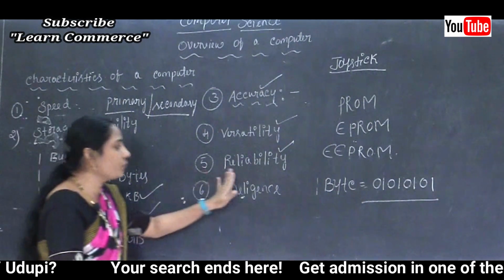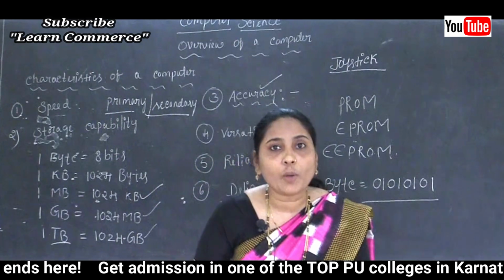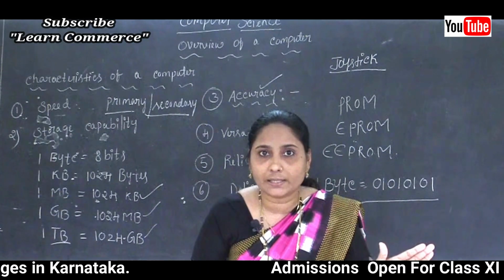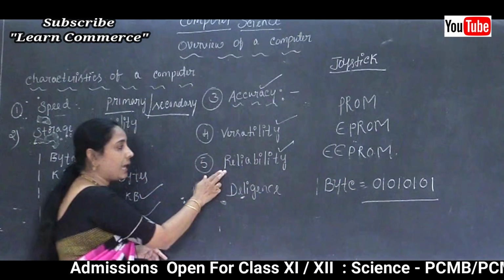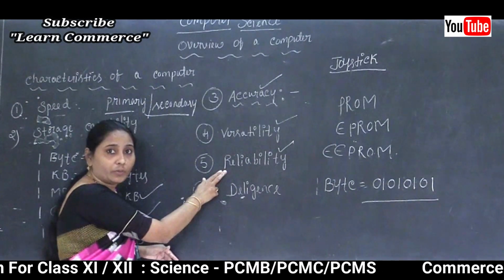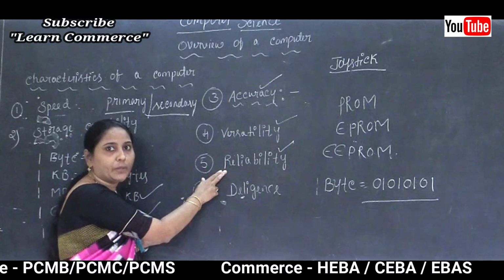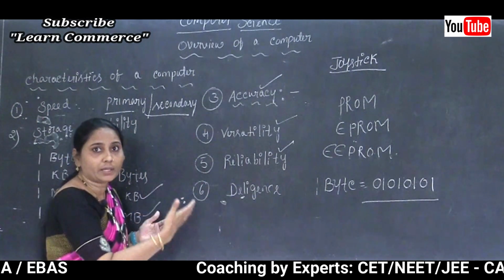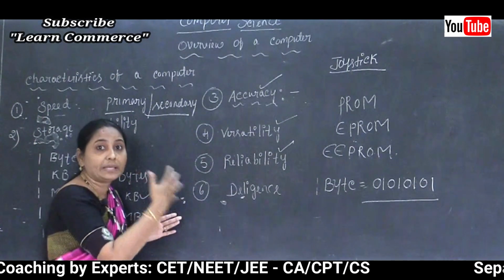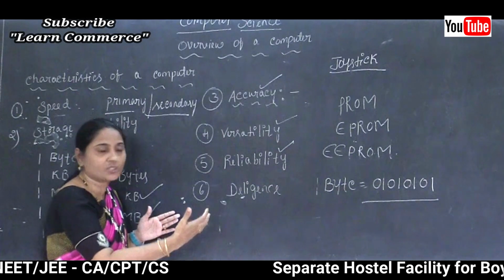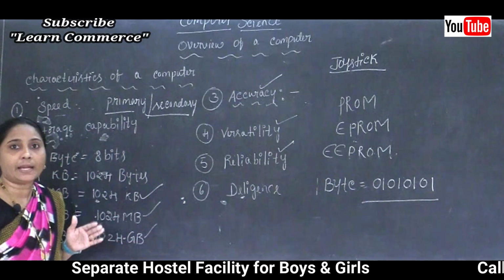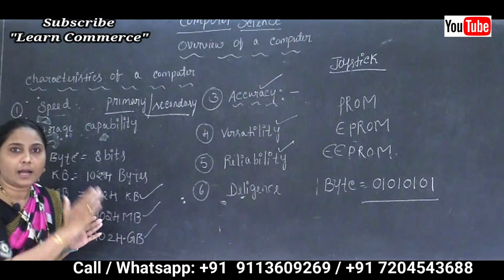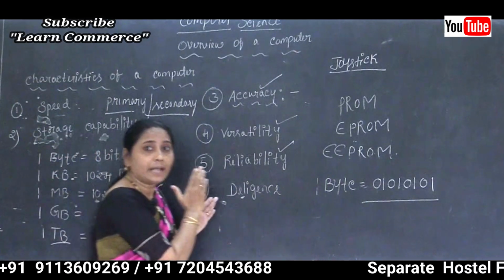Clear this point here? So we can say that the computer performs the repetitive task without making mistakes and without getting tired. So this is called reliability. That means whatever job you want to perform many times repetitively, again and again, often, by using the computer we can perform the repetitive task without getting tired. Clear this point?